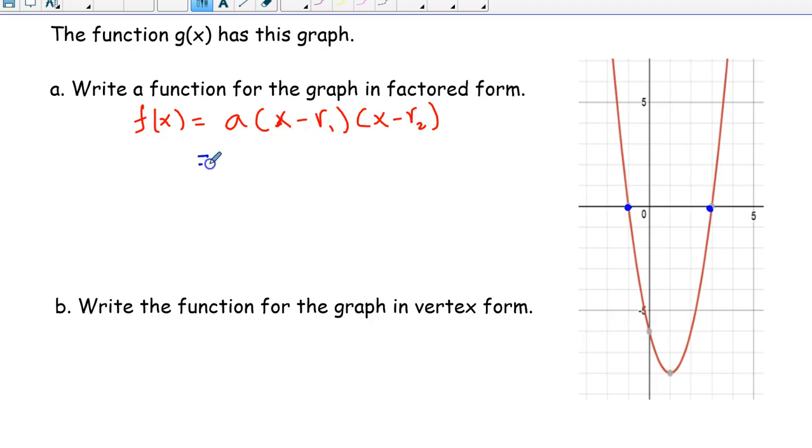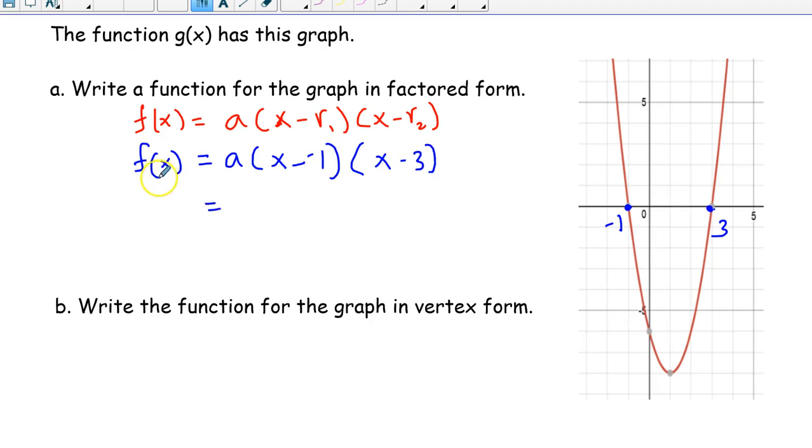Hence this becomes f of x is equal to a times x minus -1, right? The value of x is -1 here. The other value is 3